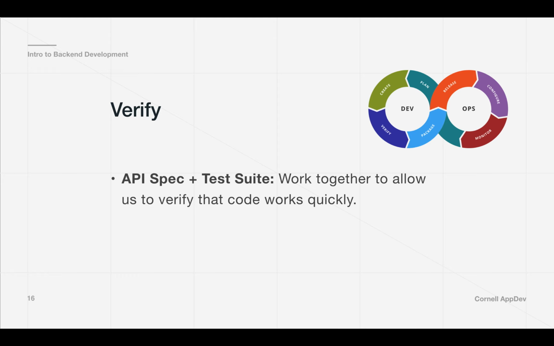In the first iteration of this class, we actually didn't give a test suite. We kept it internally for the core staff, and it became really difficult for students to tell whether their code was working or not, because it's really easy to miss an edge case, right? Like, this says return a list, but you returned a dictionary. Those cases were really common, which is why we ended up releasing it.